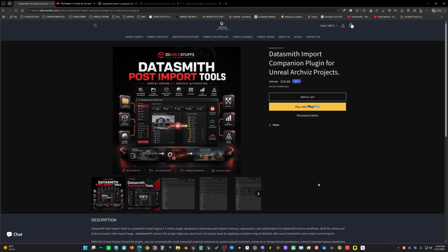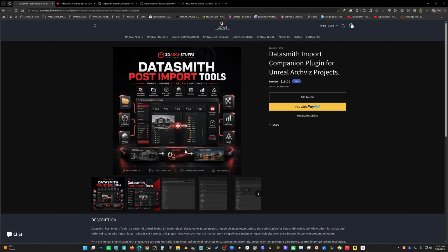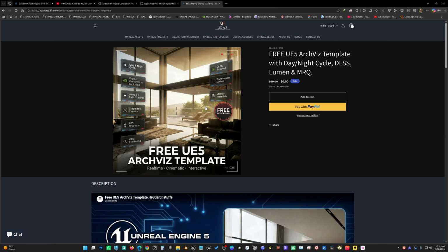In this part 3 video on the Datasmith Import Component plugin, I'm going to proceed further with all the features of this plugin and how to use it on your projects in the most efficient way. Once you purchase this plugin, you'll get this plugin and this template project. After you have installed the plugin, you have to prepare the Max scene as I just explained